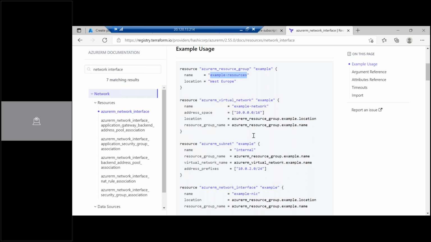Okay, otherwise everything can be copied from official Terraform documentation. Okay,